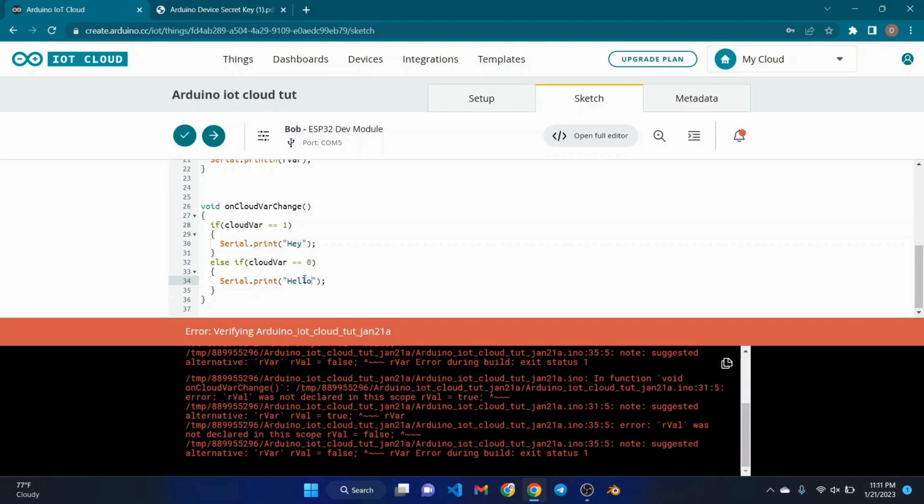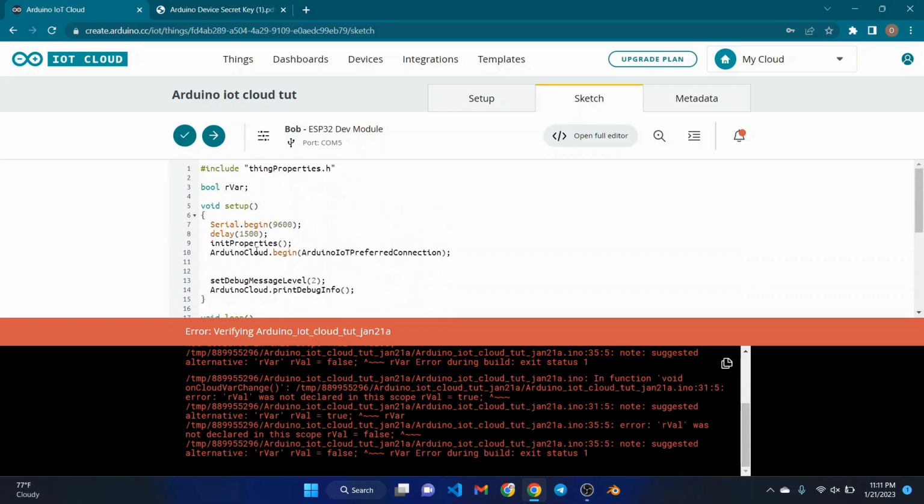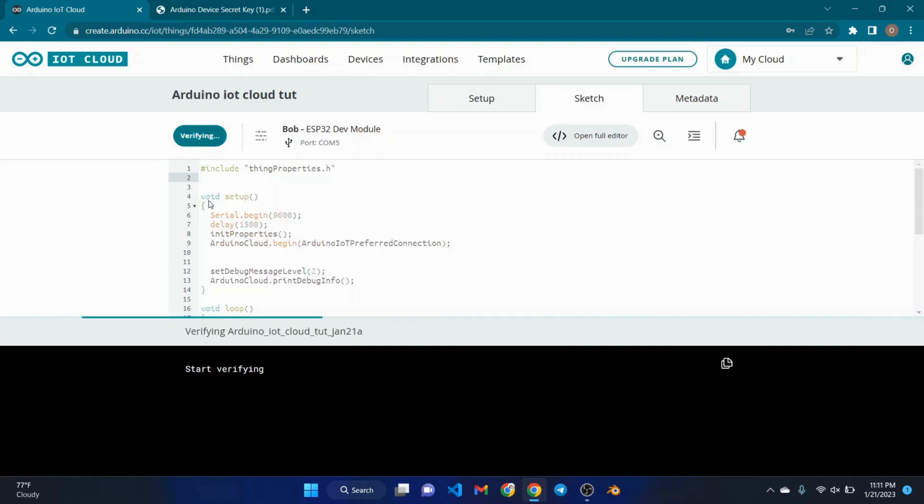Hello, if this occurs, and just remove this line. Exactly, it's not even going to be useful. So if it's turning on, it's going to be hey, and if it's turning off, it's going to be hello. That's the thing. It's pretty much that you can guess what you can do with it. So yeah,